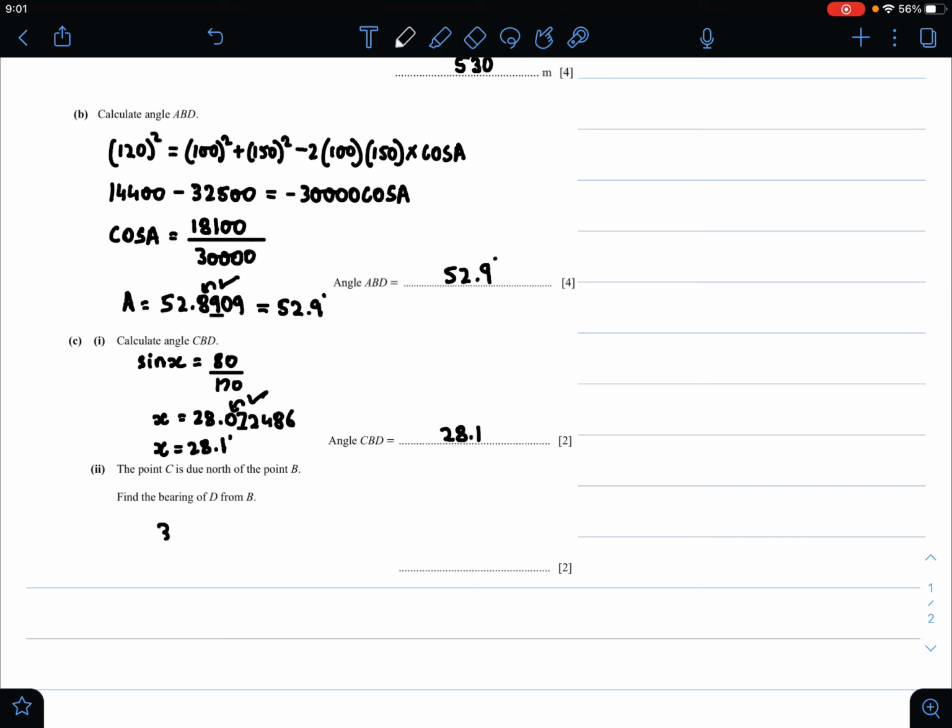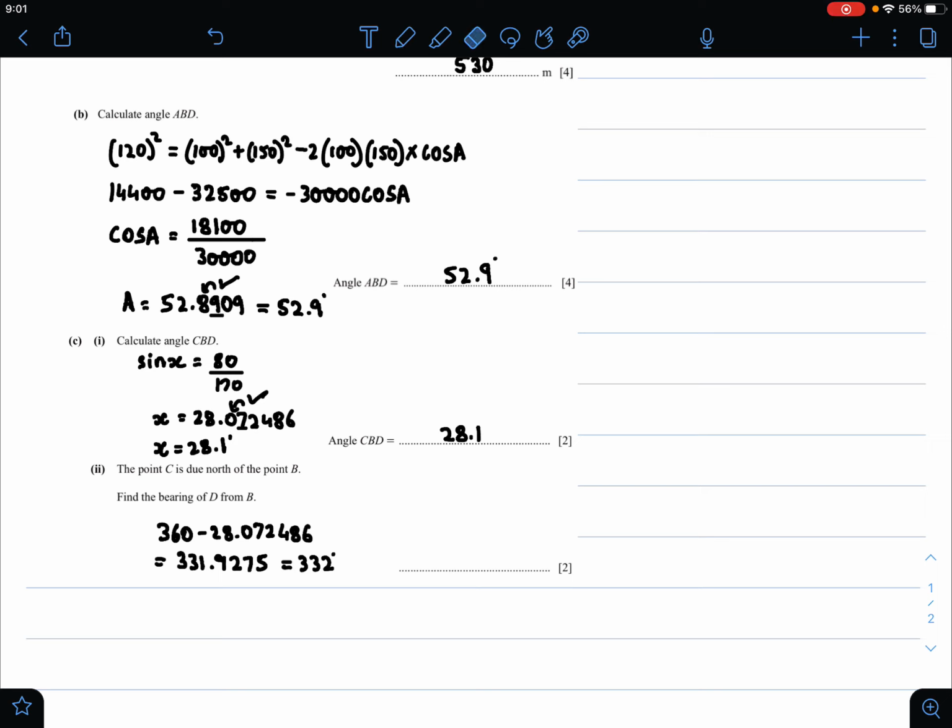So therefore 360 minus 28.072486 is equal to 331.9275, and therefore your final answer will be 332 degrees, because